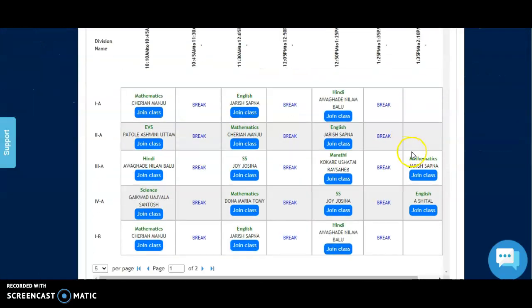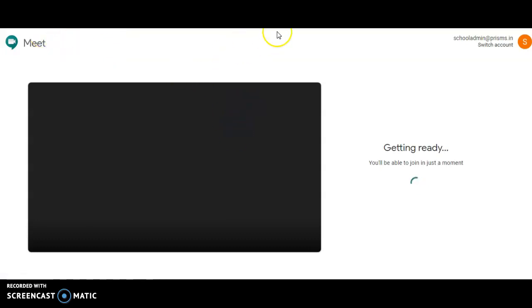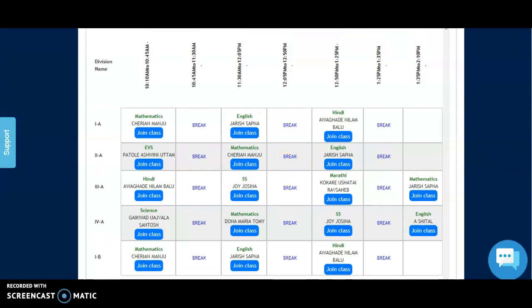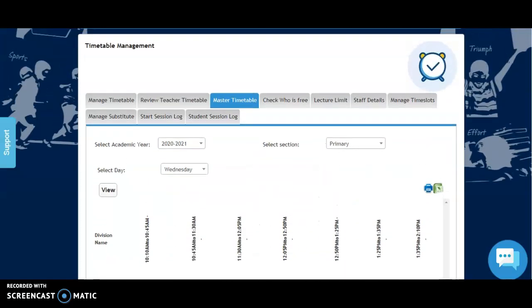So you'll be able to see all the classes that are going on. And similarly, the admin or director can click on join class, and it will redirect them to Meet or Zoom, whichever is currently used. So in that way, principals, directors, and admin can also click on join class and supervise any class that goes on throughout the day.